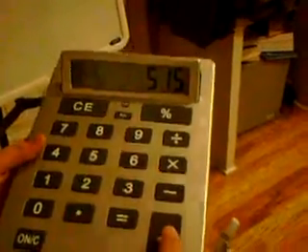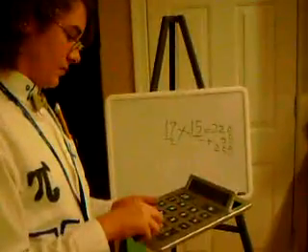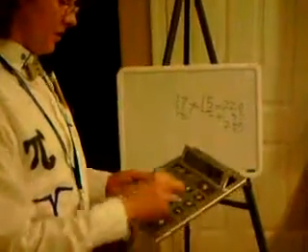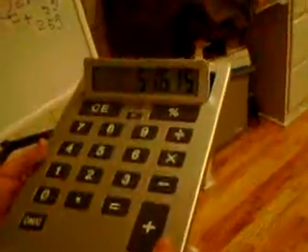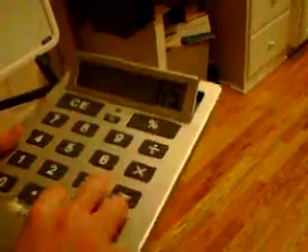Now, I need the day that they were born on. So that was the first, correct? Yeah, May the 1st. Plus 1 equals 516. Then you multiply it by 20 again. Then you add 3. Then you times it by 5. And then you add the year that they were born in. And what would that be? 65. So plus 65 equals